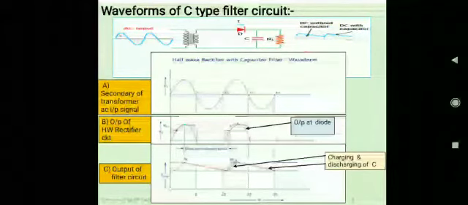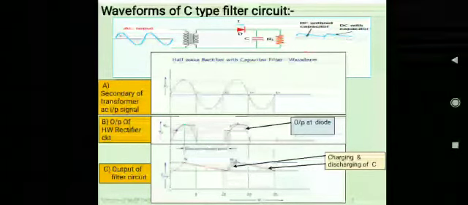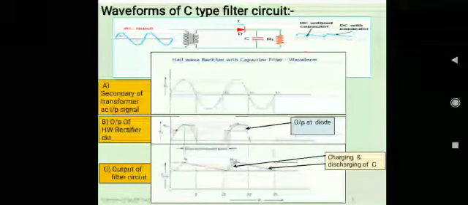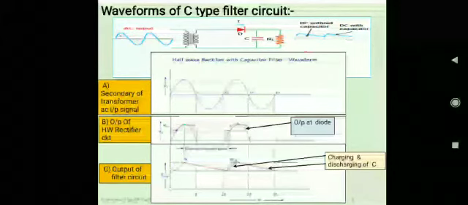This discharging time is kept so long that the capacitor voltage does not get discharged to 0 volts. It is not completely discharged, it is discharged slowly, and that discharging time is selected such that it is high. That depends on the value of the capacitor C and the value of the load resistance RL. So the RL value is selected so high that the discharging time period will be more, and as the capacitor discharges a little for a longer time, another positive half cycle of the AC signal appears